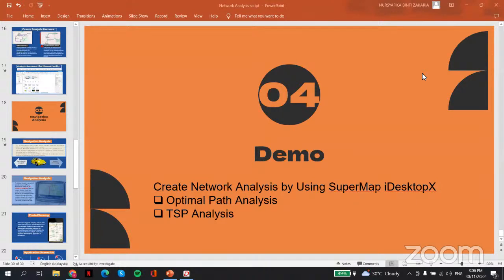Today, we will create a network analysis using SuperMap iDesktop, where we will create two analyses: optimal path analysis and TSP analysis, which is the traveling salesman problem. If we have more time, we will also do some closest facility analysis. But for now, we focus on two: optimal path analysis and TSP analysis. So now I'm going to open my iDesktop.